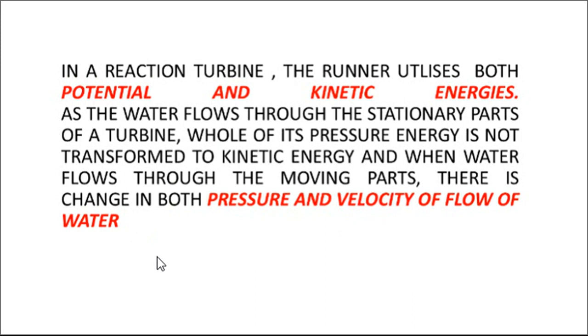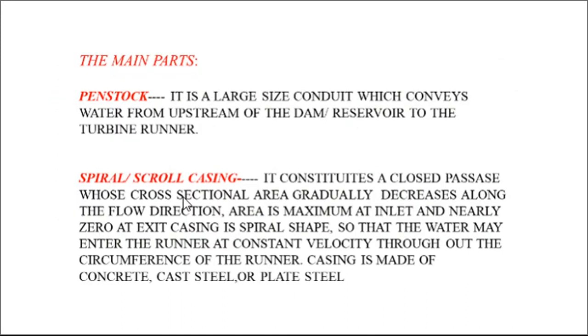Means what? Some conversion of potential energy into kinetic energy is taking place in the stationary part of the turbine. So it is normally not known as a nozzle. It consists of a number of fixed plates that are also known as guide plates. In that guide plate, partial conversion of potential energy is converted into kinetic energy, and the remaining is taking place in the moving part, that is the rotor. So the rotor moves because of change in pressure, and that pressure is nothing but reaction pressure. That's why it is known as a reaction turbine.